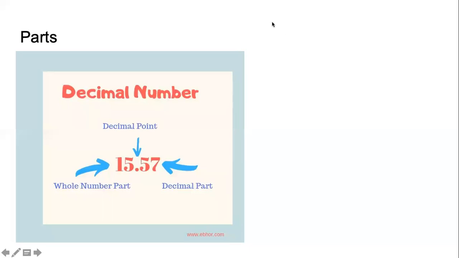What it essentially means, in a very simple way, is that when we see 15.57, we have 15 full, and we have 0.57. 15 full, and that is why this is called the whole number part. We will understand more about this during the session. What is 15 plus 0.57? But remember, there is a whole number, there is a decimal point, and there is a decimal part of the number. 3 parts.